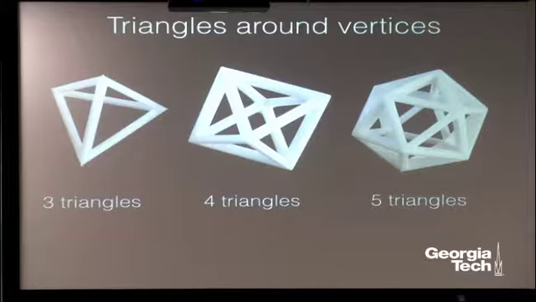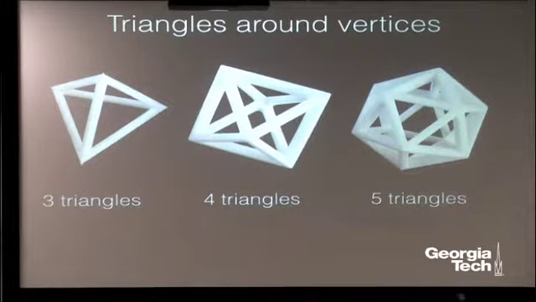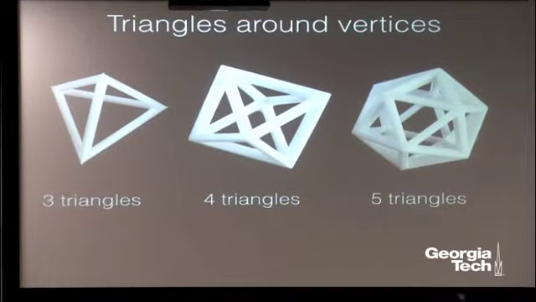So I've got a tetrahedron, which is made out of 4 triangles, but if you look at each vertex, there are 3 triangles around every vertex, and every vertex is the same as every other vertex, and this is what makes it a Platonic solid. Here I've got an octahedron, and the only difference is now each of my vertices has 4 equilateral triangles around them. And then on the far right over here, I've got an icosahedron. So this has 5 equilateral triangles around every vertex.